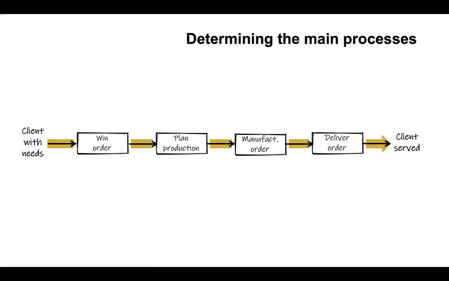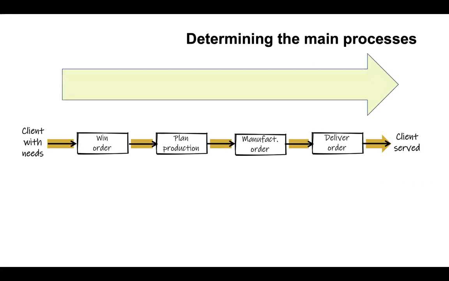And this is the heart of the organization. These are the main processes. Everybody is working to support these processes because they serve clients and customers. So if you see, the organization should be a kind of a machine or a kind of an obsessed entity for following this flow. This is where money comes. This is how clients are satisfied, hopefully. From client with needs to client served. So these are the main processes.